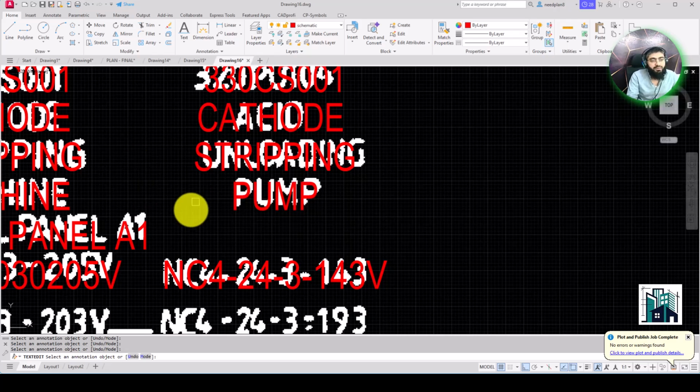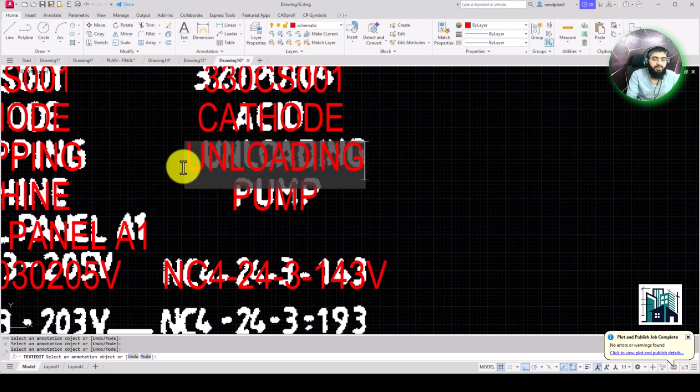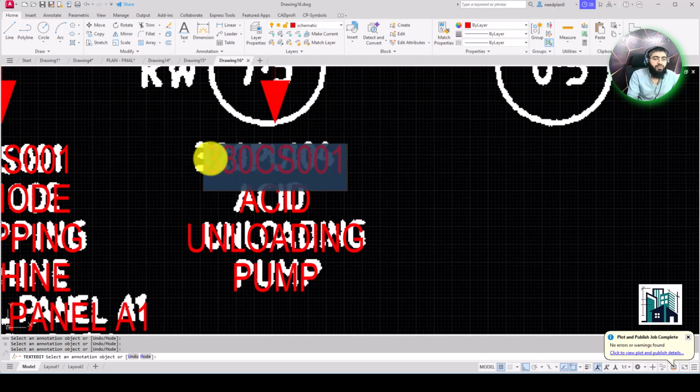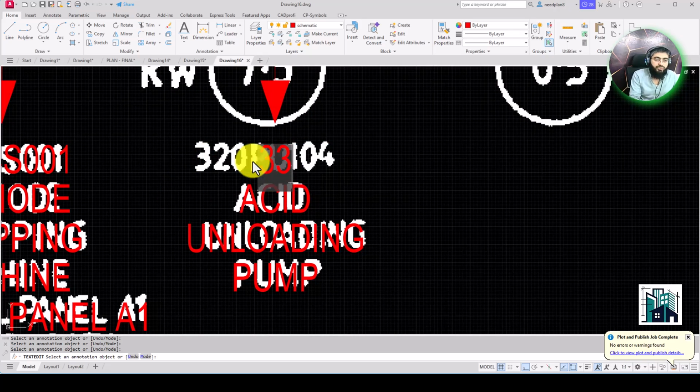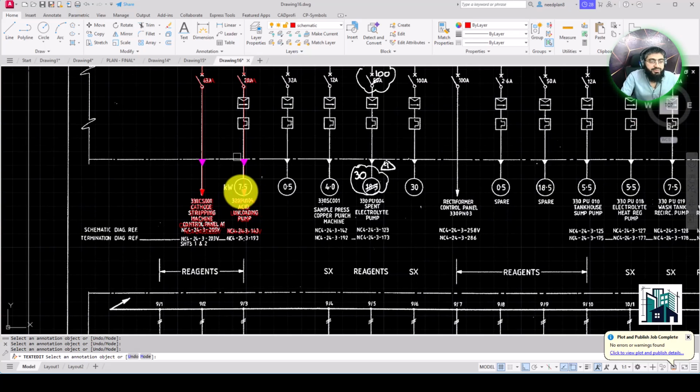PUMP, pump, and then unloading pump, and then acid, and then 33320, PU104. Okay, so you can change the text as per this.